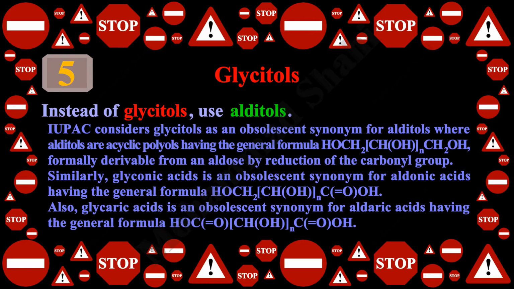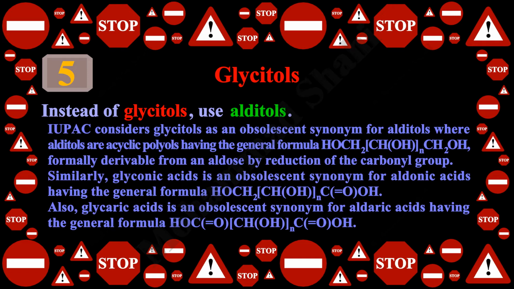Also, glycolic acids is an obsolescent synonym for aldaric acids, where aldaric acids are polyhydroxy dicarboxylic acids having the general formula HOCO CHOH taken n times COOH, formally derived from an aldose by oxidation of both terminal carbon atoms to